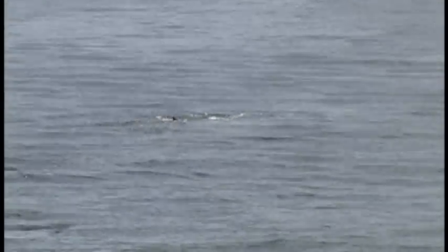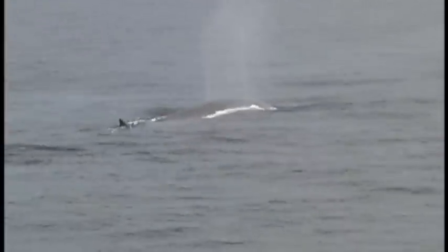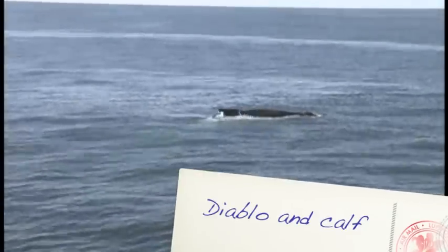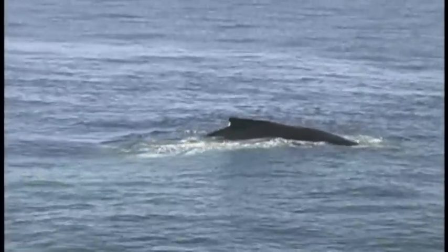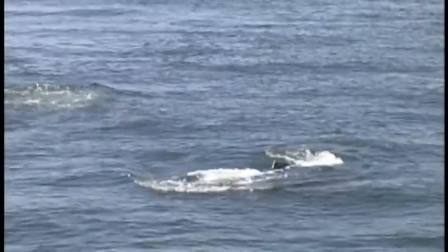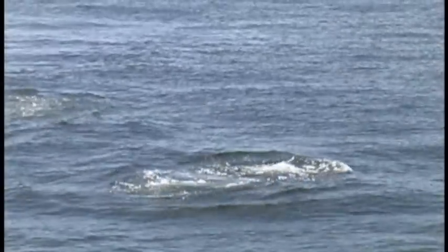So that is Isthmus at our 11 o'clock, and then the finbacks here at 2. Still there below the water. Coming up. Keep watching. Thank you. So that's Mom. And you can see the calf right next to her, hopefully paying very...